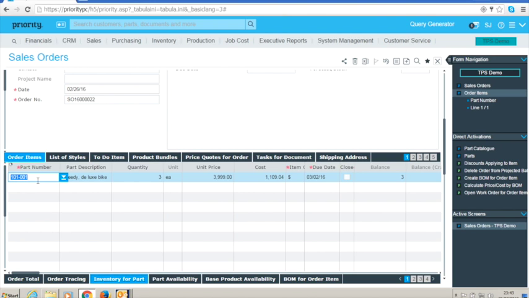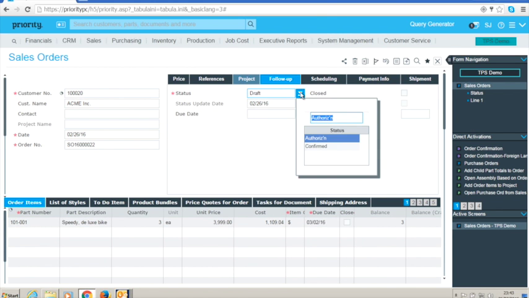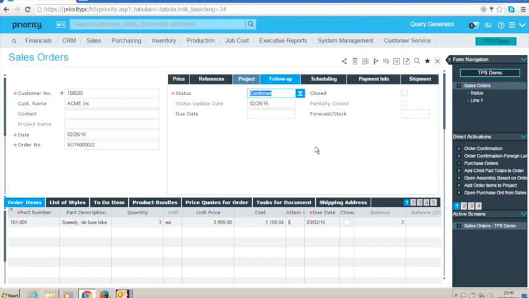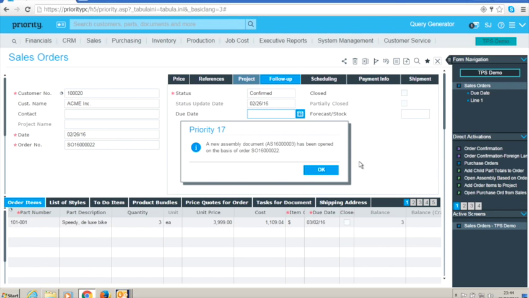We can also check the underlying part availabilities if we want to, but at this point I'm going to want to confirm the order which we'll accept from the customer. Once the order is in place, we can open an assembly based on that order. So this is going to create what in the full production system would be a complete work order. This is known as a warehouse assembly within the